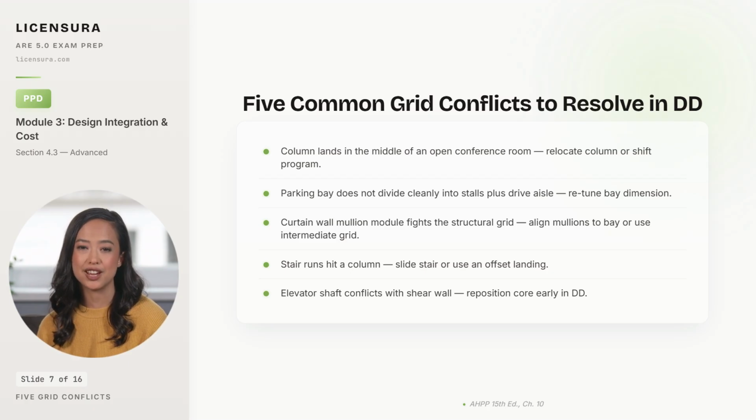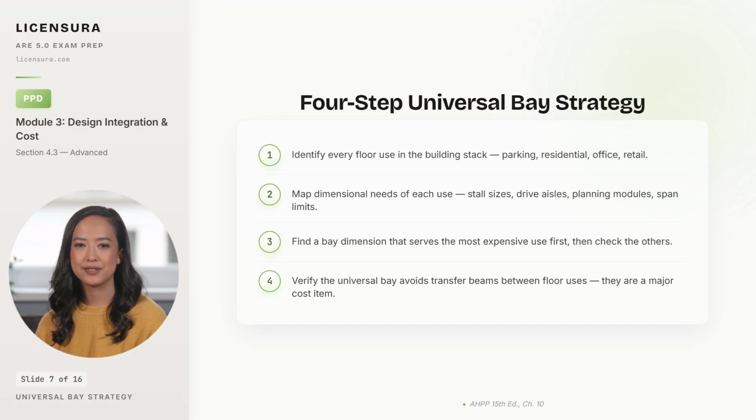A universal bay strategy resolves several of those conflicts in one move. Done right, it pays for itself many times over. A universal bay strategy resolves the most expensive grid conflicts in a mixed-use building in one move, and the 4-step